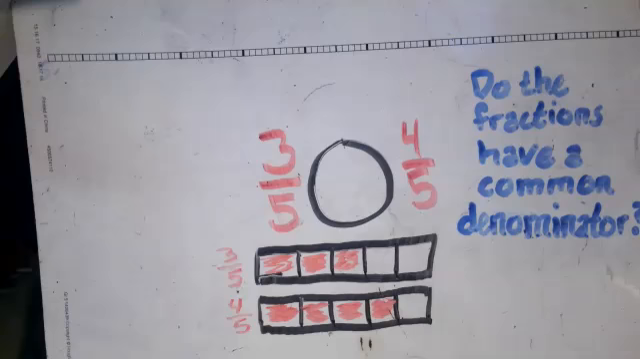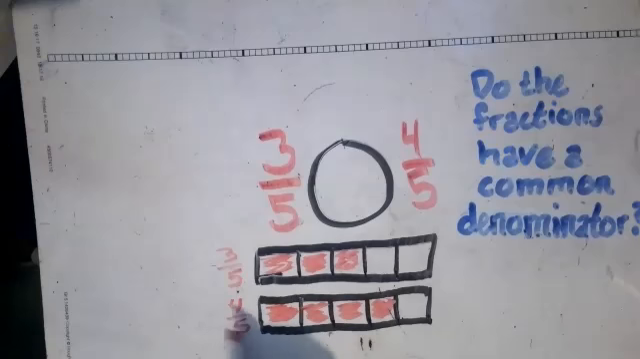Now we've represented each of our fractions with a fraction bar, and you'll notice the pieces of the bar are the same size. Each of them have been split into 5 equal pieces. And because they've been split into the same size pieces, because they have a common denominator, the fact that we